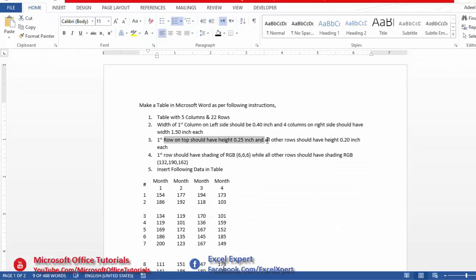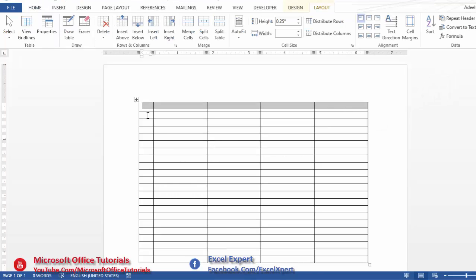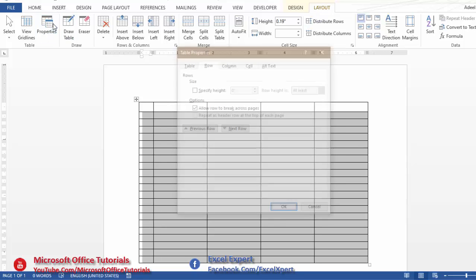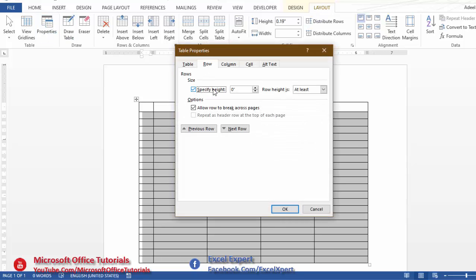Next part: all other rows should have height 0.20 inch. Same procedure, we will select all other rows except the first row, as we need to change the height of all other rows. Same procedure: Layout, Properties window, in Row, click on Specify height and here change it into 0.20,